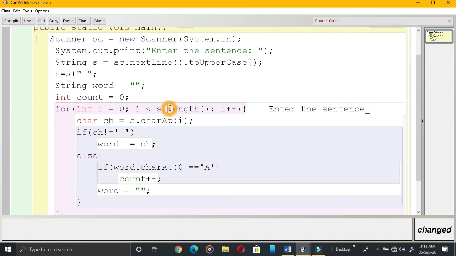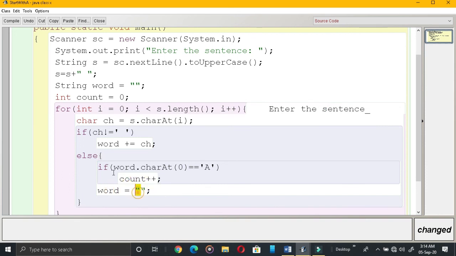And again coming over here, then this is your word. That will be formed here because space is there. Coming over here, sentence.charAt(0), what is it? S. Is it equal to A? No. So the counter won't be increased.